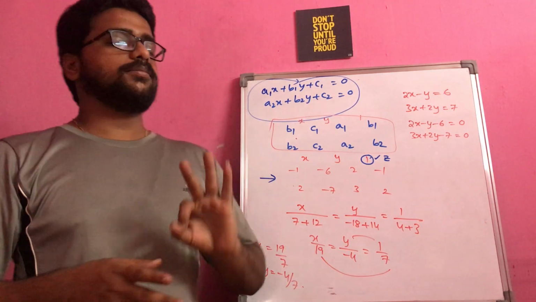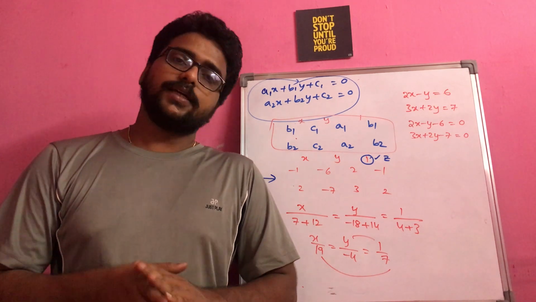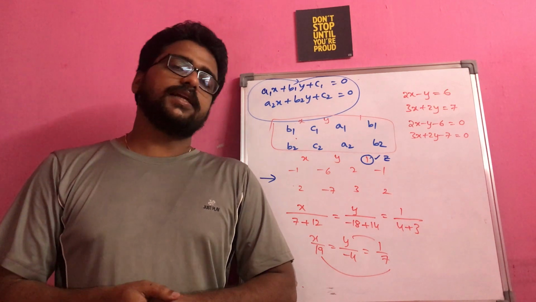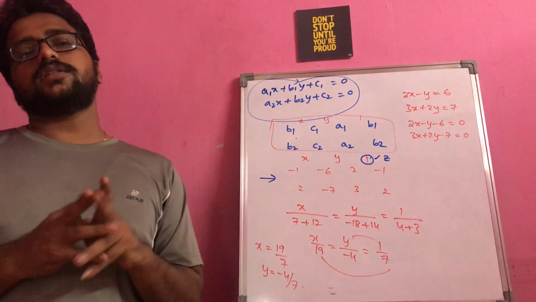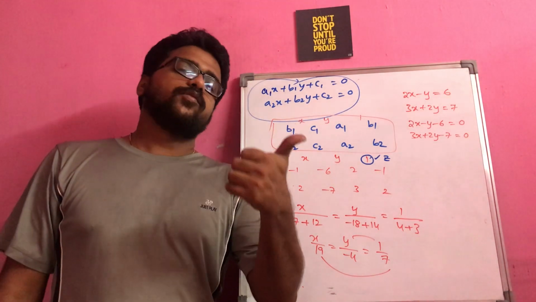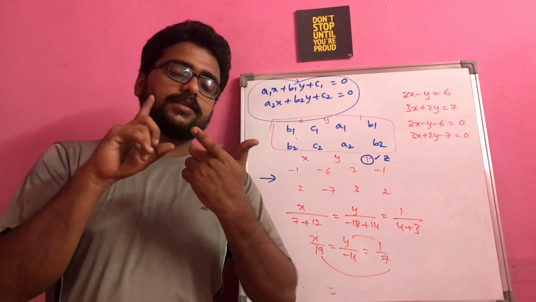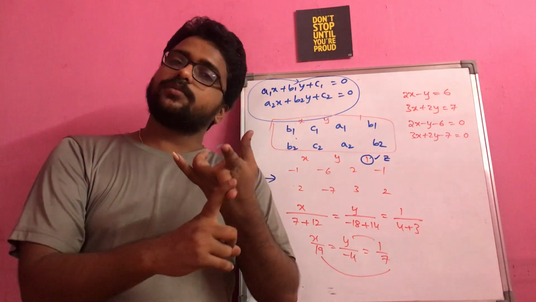Apart from these three methods, there is another method called equations reducible to linear form, that we will discuss in detail at a later stage. So as of now we have three basic methods to find the solutions of linear equations. One is the substitution method, another is the elimination method, another is the cross multiplication method.